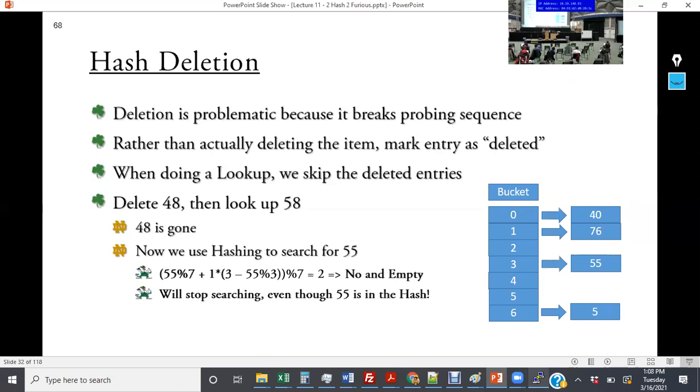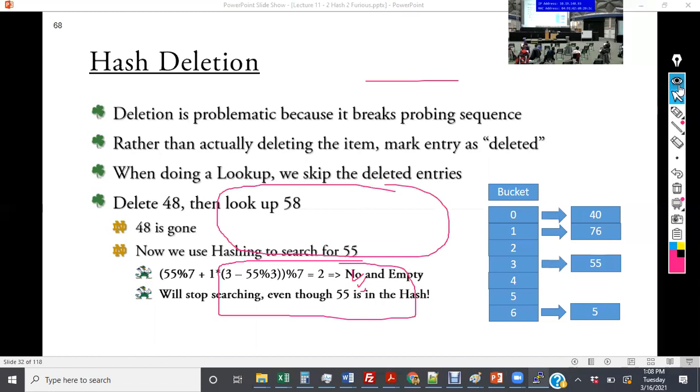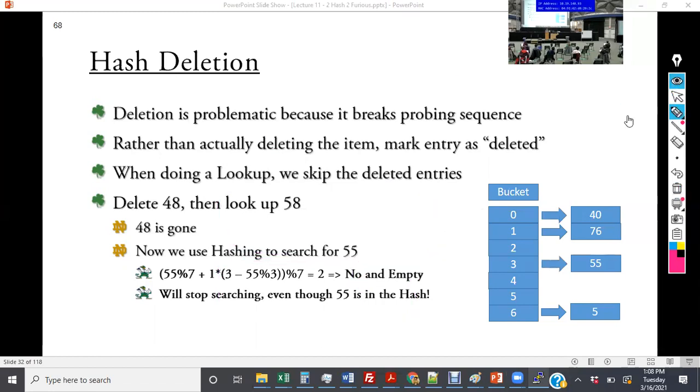So we have another problem with deletion. So let's say I want to delete, okay, so there 48 was in there. And so what's going to happen is I removed 48 from the hash table. And what happened is it would go to 2. That location was at 2. Our linear probe algorithm would stop because it would be like, all right, it's empty. That means that I can't find this value. 55 was never inserted. So as a result, we cannot just remove elements from a hash table because